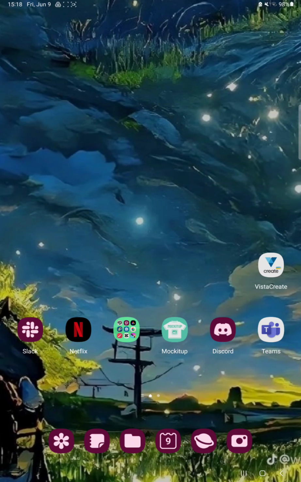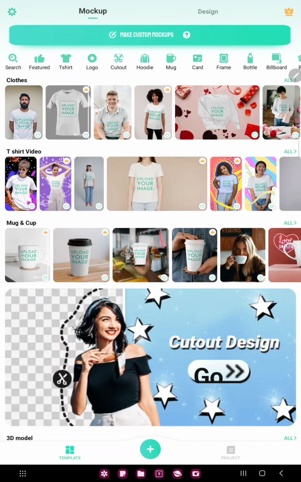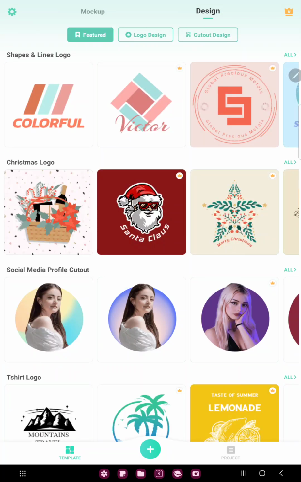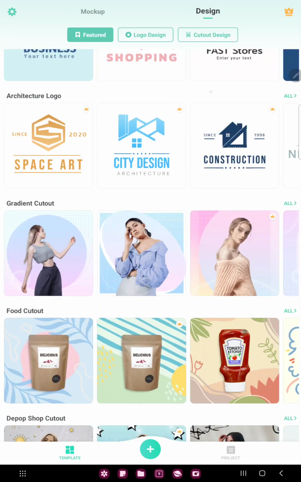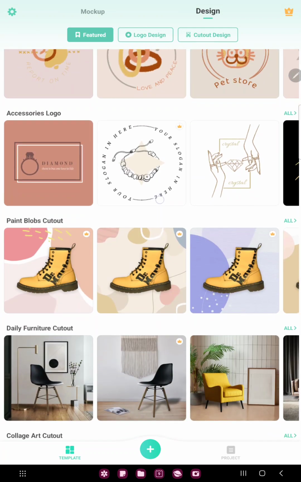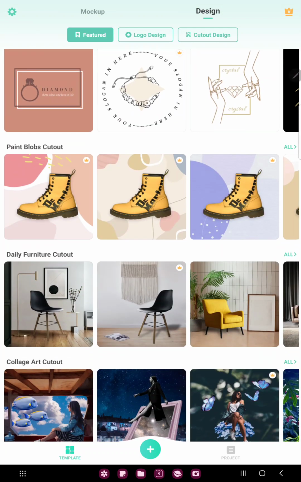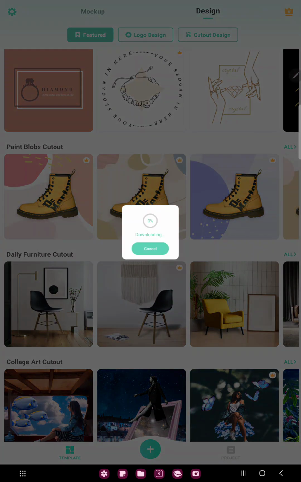First of all, open the application on your device. Tap the cutout button next to the logo option at the upper side of the screen, and in the featured section scroll down and you can find the daily furniture cutout, and just select a template and